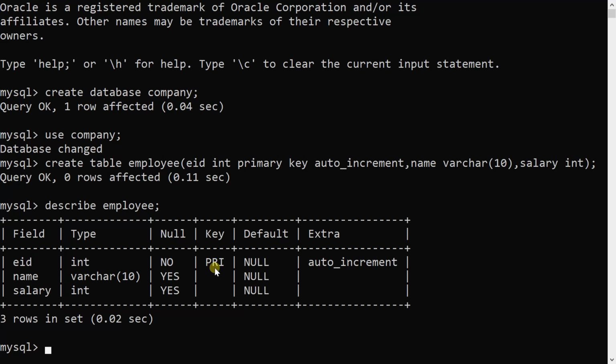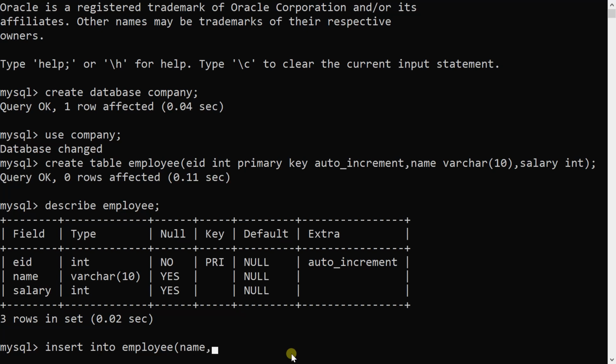Now when I insert records into the employee table, I need not write EID while inserting my record. So just check out how to use that part. Insert into employee. Here I will not mention EID because we have already assigned the auto increment feature. So there is no need to write EID in the insert statement.